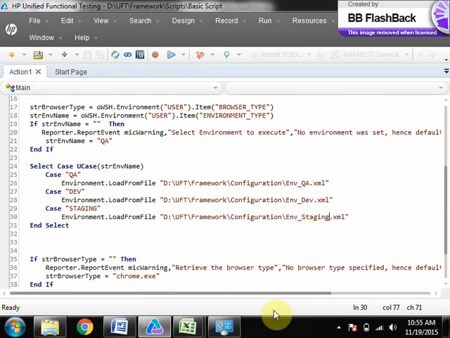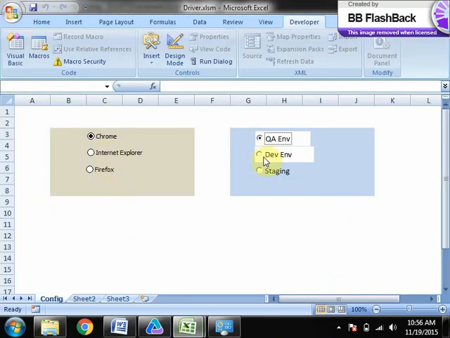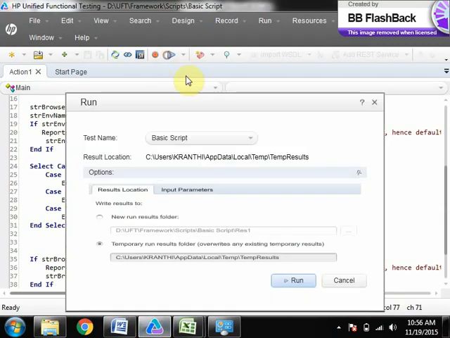Getting what I am saying now? So now my script needs to be executed in Chrome browser and dev environment. So I have selected the option, come here and run the script.